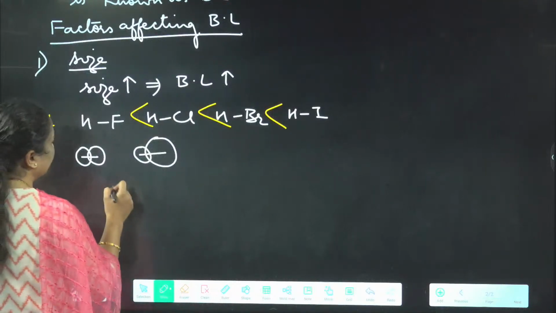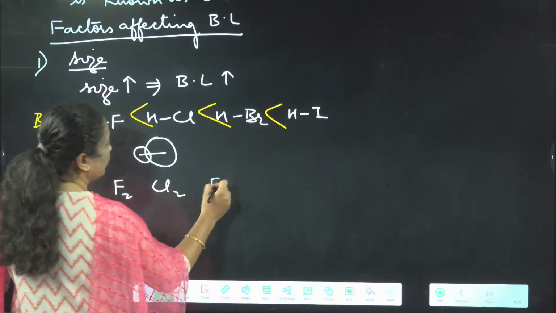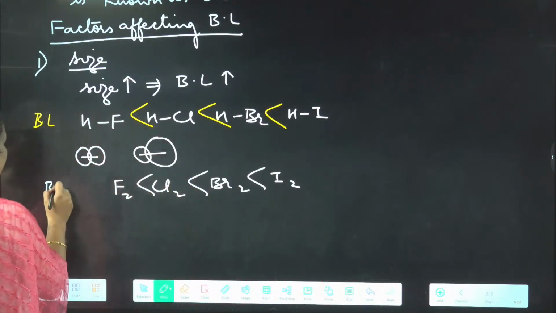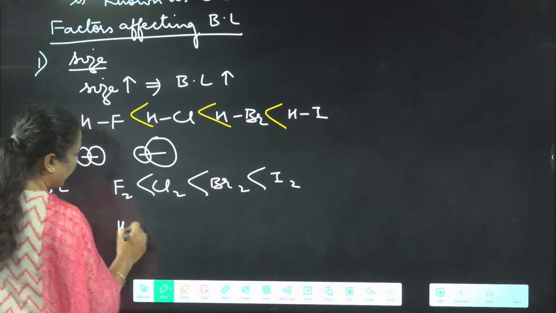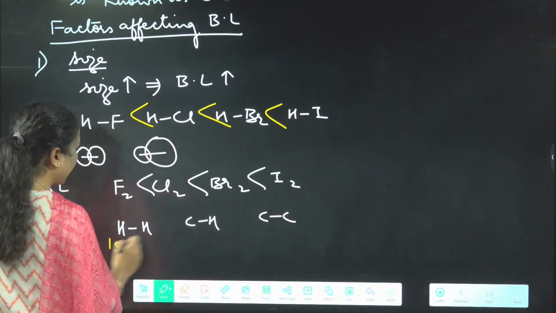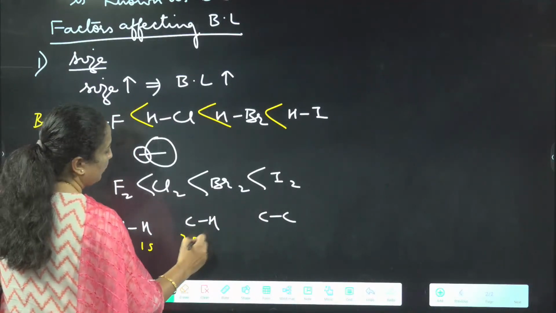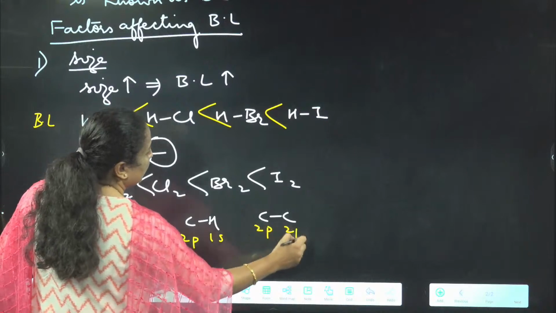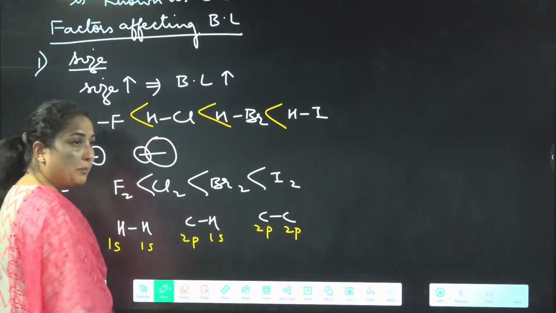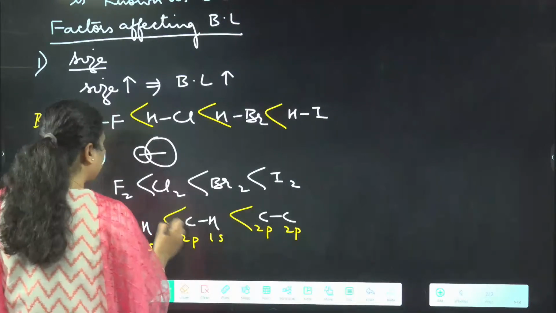Similarly, if I give you F2, Cl2, Br2, I2, then again the bond length order is going to be like this because of the size increasing. Then if I give you HH, CH, CC, are you able to see this involves 1s, 1s, this involves 2p, 1s, and 2p, 2p. So we see the size by the n value, that means the principal quantum number. So bond length is going to be like this,